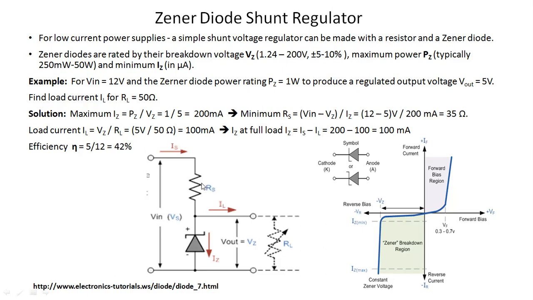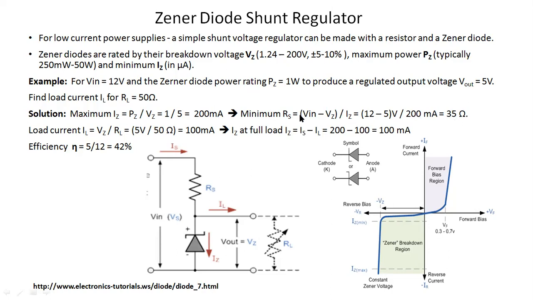So you can convert that equation in the form of Rs. Your equation will become Rs equal to Vin minus Vz upon Iz. We can say Is is nothing but Iz, because you can see here these are in series, and we know if the elements are connected in series, the current which will flow through them will have the same value. So we can take the Iz value, Vin minus Vz upon Iz, as Is. We are aware of Vin, Vz and Iz, which we have just derived. If you put them in, you will get the value for Rs, and that will be 35 ohm.